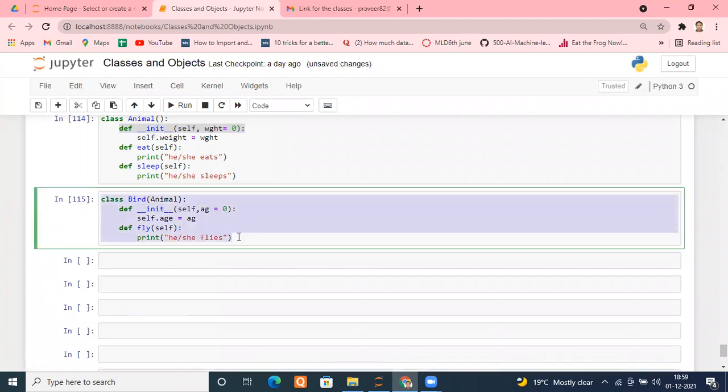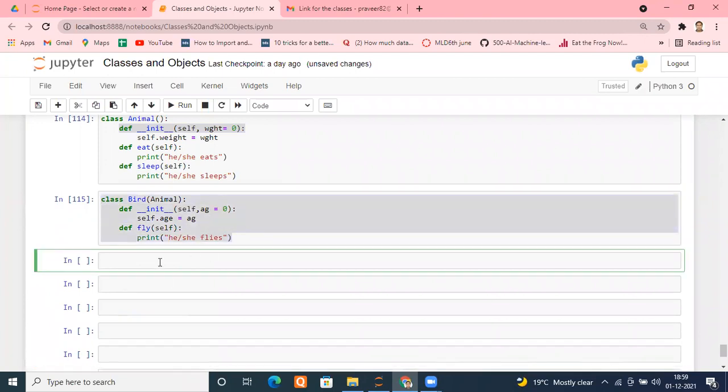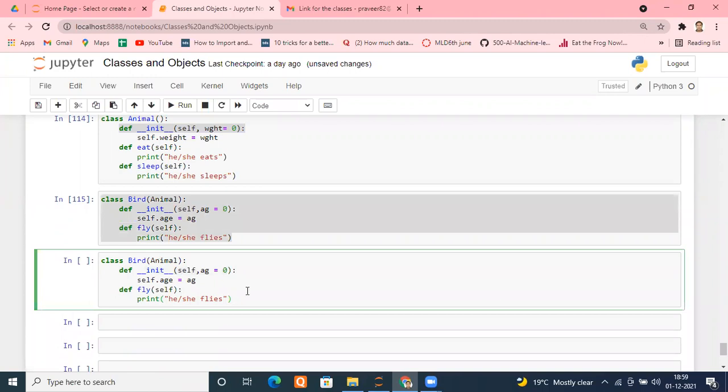Let me use this again. I will take the help of a method known as the super method, and it will save me. How? See,